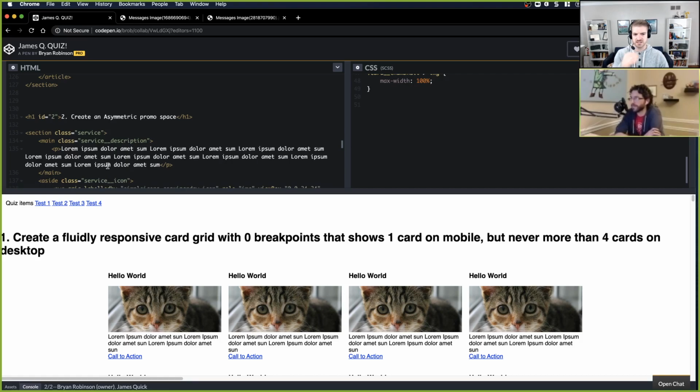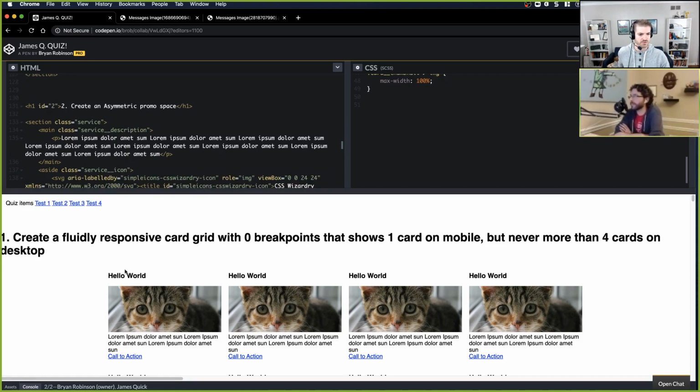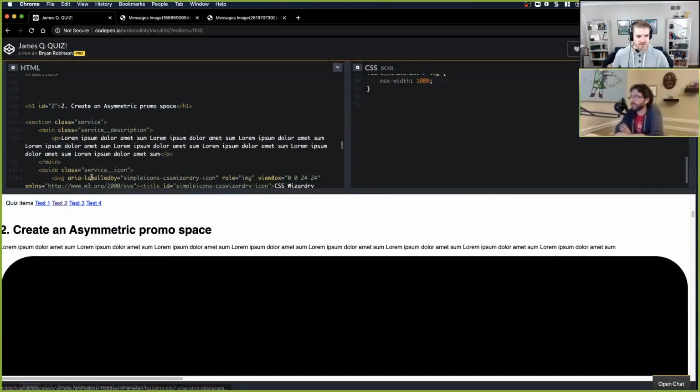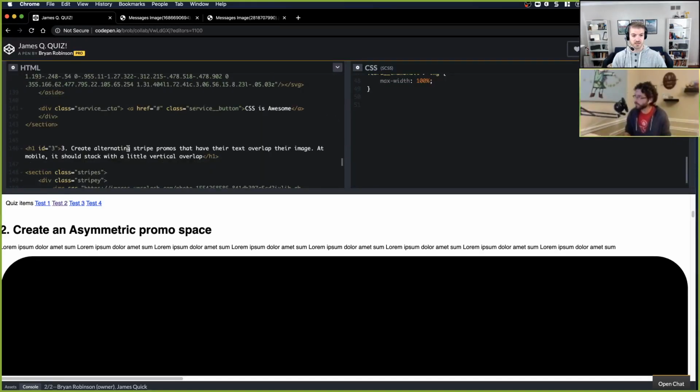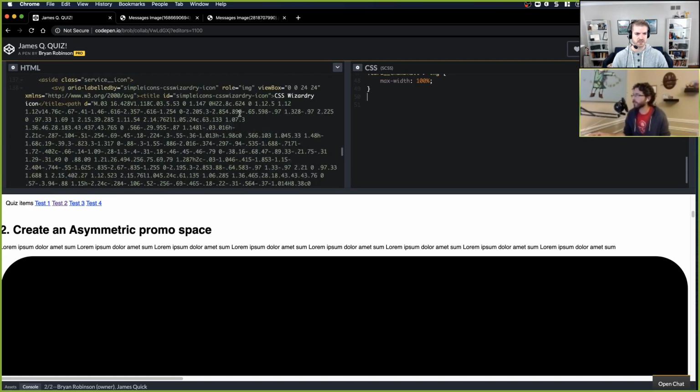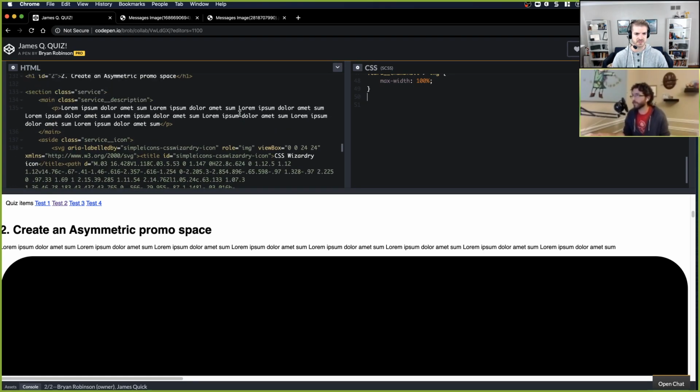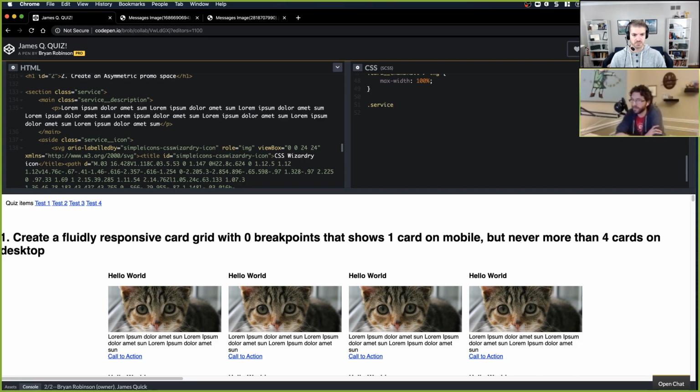So inside of the HTML, let me scroll back down to it. We've got the service description, and then the icon, and it's an embedded SVG. That's one of the things I want to learn more about as well, is SVGs. And then you've got the service button. So I think I'll probably find a way to use grid template areas later, and I don't think I have to here, just because the content is in the order that I think I want anyway. Nothing wrong with that. So I'm going to grab .service.